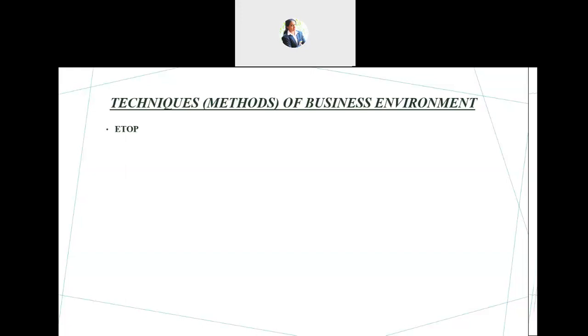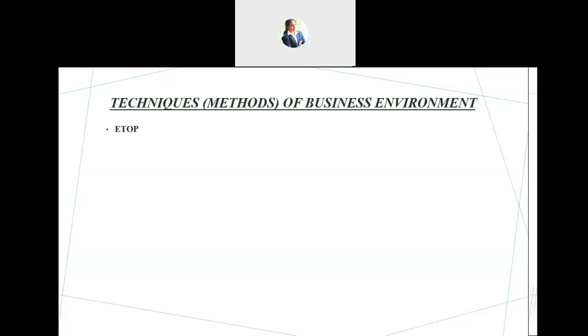First of all, a list of all general as well as relevant environmental factors is necessary to be prepared. Once the events and the factors are listed, the next thing is that all these factors are to be assessed, or it is called assessing the